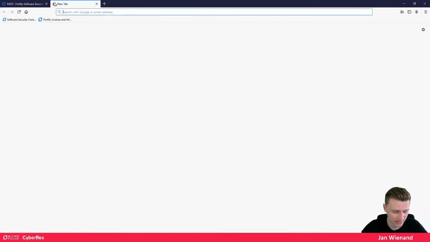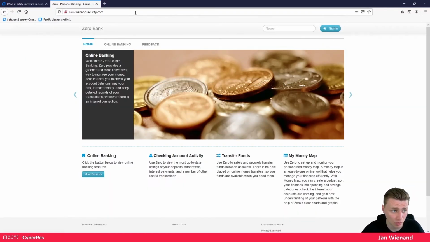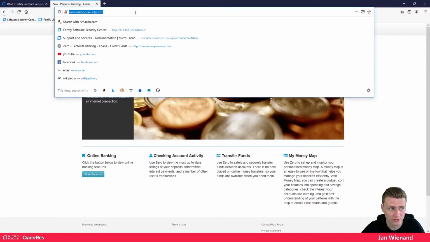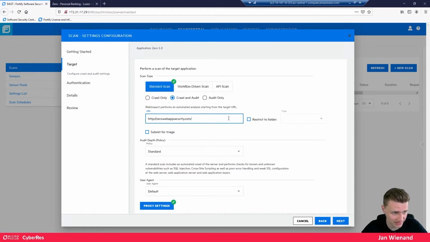and we will scan our 0.webappsecurity.com test page. You're also able to scan this application, because this is from us, from Micro Focus, and you can use it to test WebInspect or ScanCentral DAST. So I will paste the